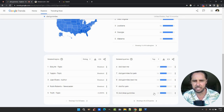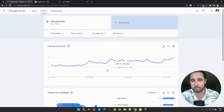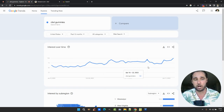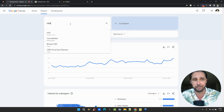Okay, so it gives you an idea, if you are in the space, what sort of products you should potentially push, right? So if you were doing CBD topicals, CBD gummies, CBD tinctures, you can use this tool, go through, type in the different keywords, and see how people are engaging with it, and how you can segment your audience to get dialed in and do some great targeting with your campaigns to get more profitable results. I mean, you don't have to target just specific areas, but if this was on the downside, I would say maybe stay away from